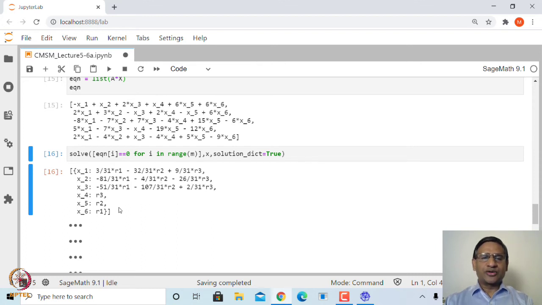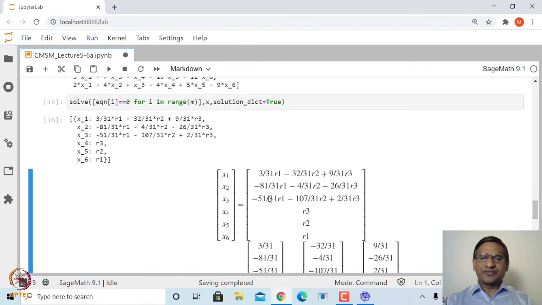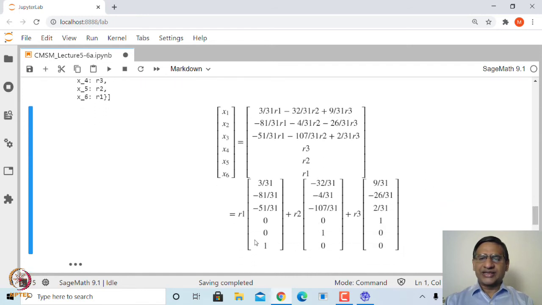So, let us see how we can obtain this. Let us write this x1, x2, x3, x4, x5, x6 as it has been reported, this 6 by 1 column matrix. Now, this column matrix we can write as a linear combination of r1, r2, r3: r1 multiplied by this vector, r2 multiplied by this vector, r3 multiplied by this vector.